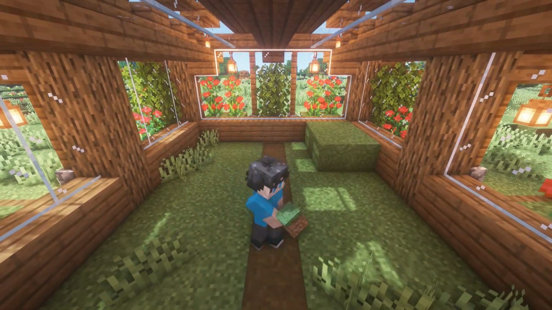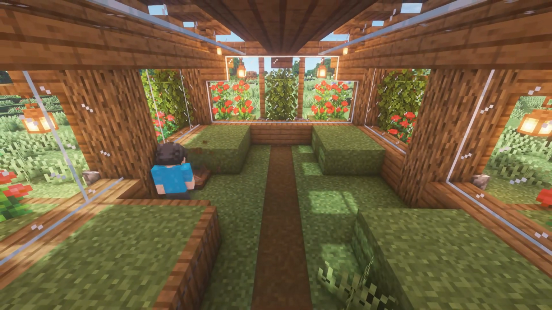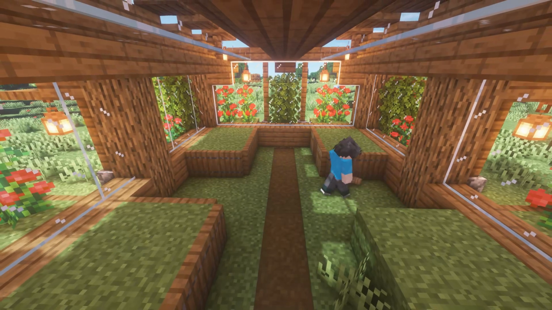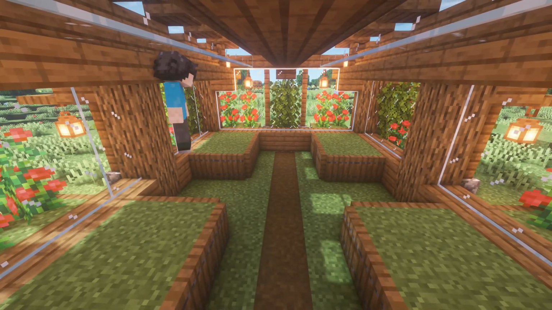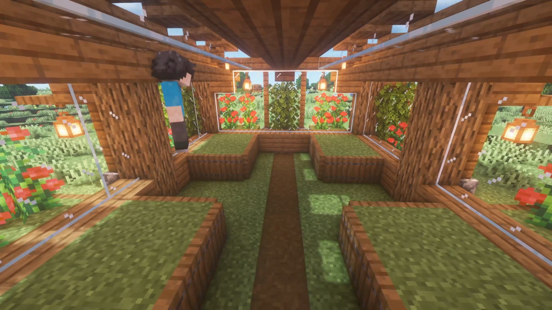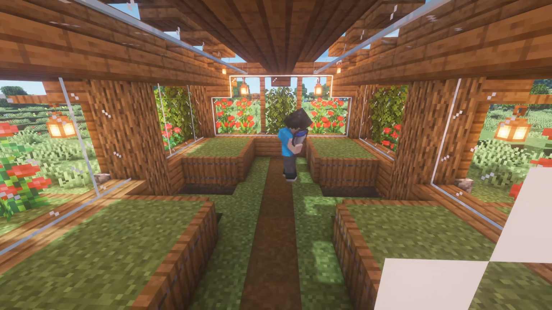But for now, I just had a path down the middle that you can walk down. On your left and your right, you're going to have basically your food areas where you're going to store everything. And in the middle there, you can actually add some sugarcane, which I do later on, and you will see that in a second. However, I actually added in this. I added wheat, carrots, beetroot, and